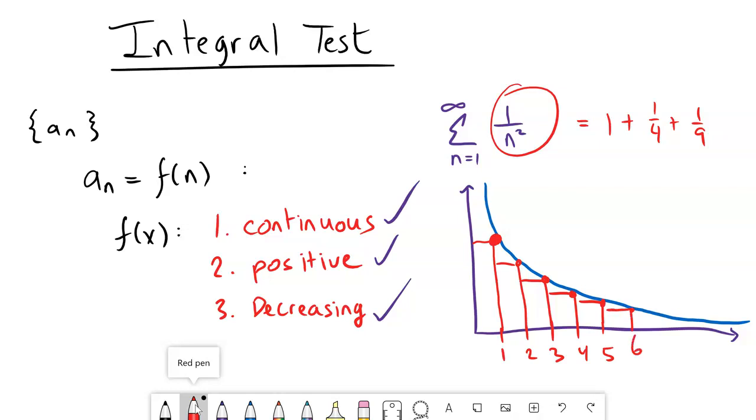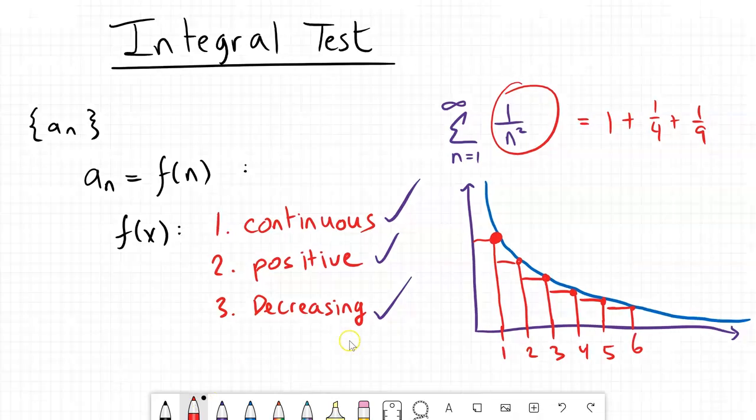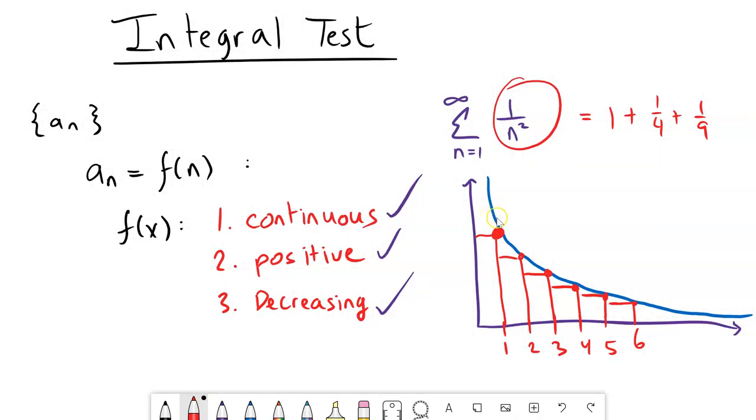But then how does the integral tie into this? Notice that because we took the right Riemann sum, this curve will always be greater than or equal to the sequence, the values of these terms, right? It's going to be equal to, or, since there are some parts that are less, if we were to sum all these rectangles,